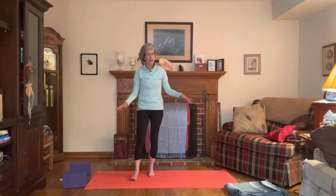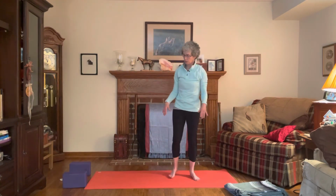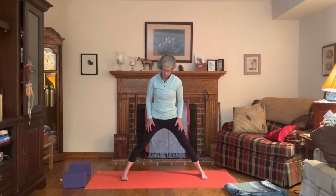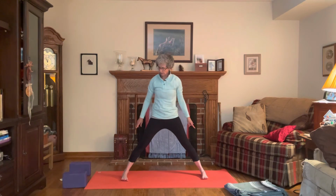Let's turn sideways on the mat, so facing the long edge of your mat, and take a nice big step side to side. So as you step side to side, toes pointing towards the long edge of your mat, think of pressing into all four corners of the feet, ball joint of the big toe, inside of the heel, ball joint of the little toe, outside of the heel, with a tiny bit more weight in the inside so your ankles don't roll out. We're going to bring the hands right to the hinge of the hip, lift the sternum,